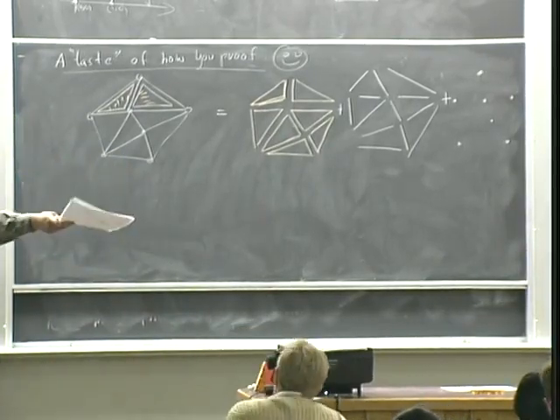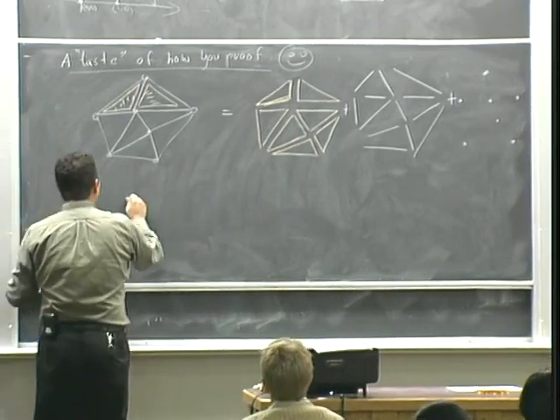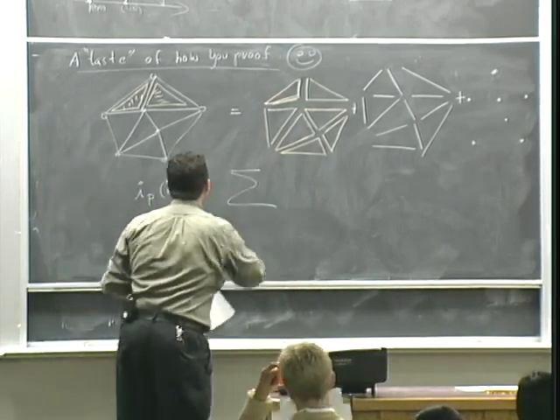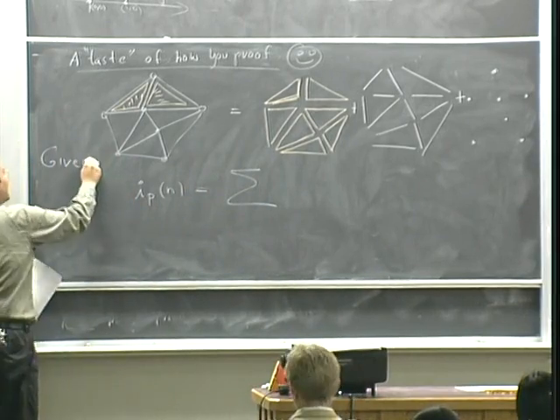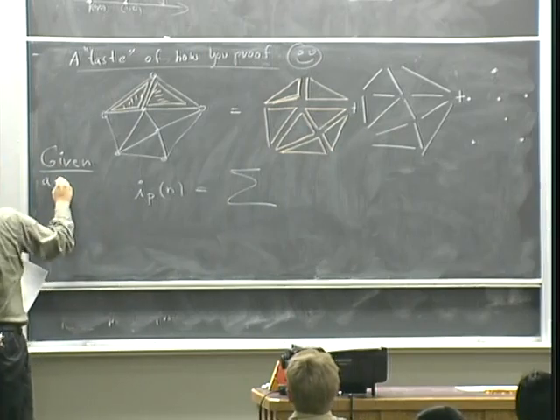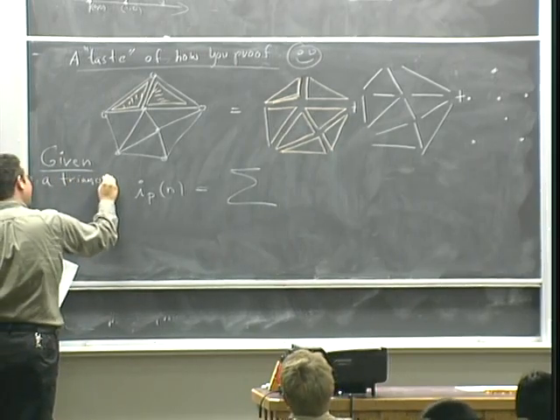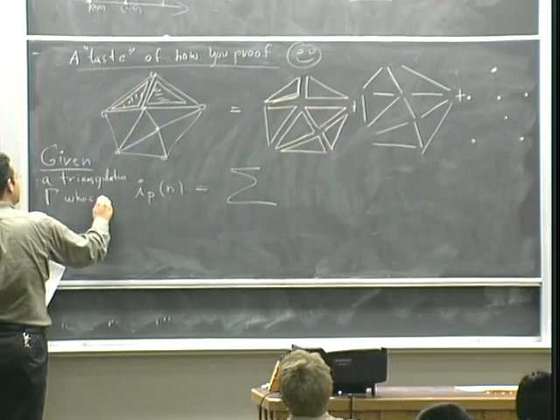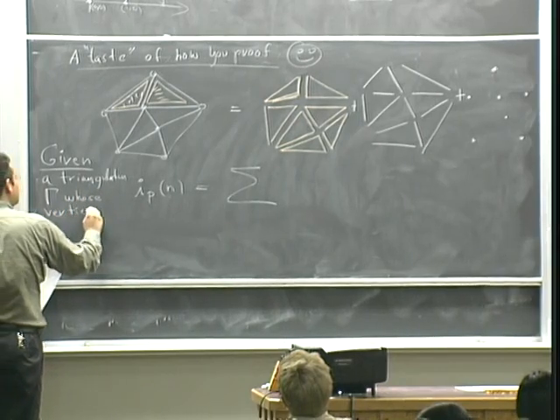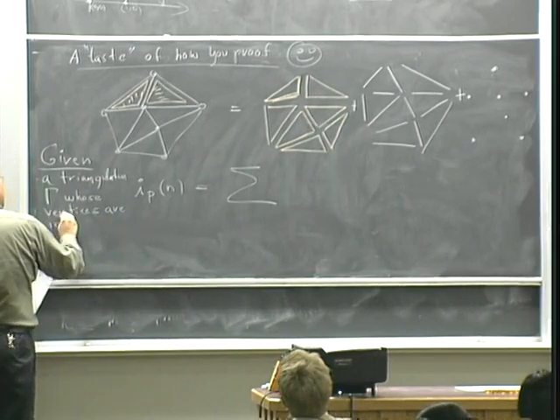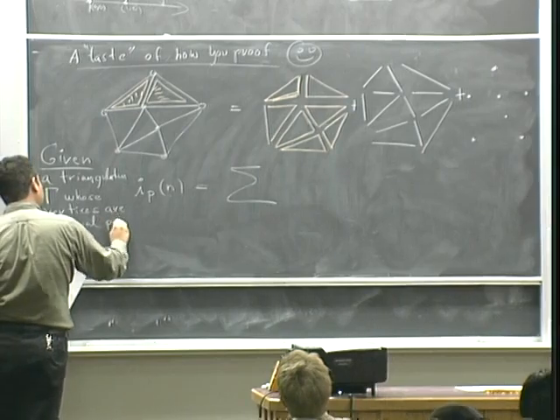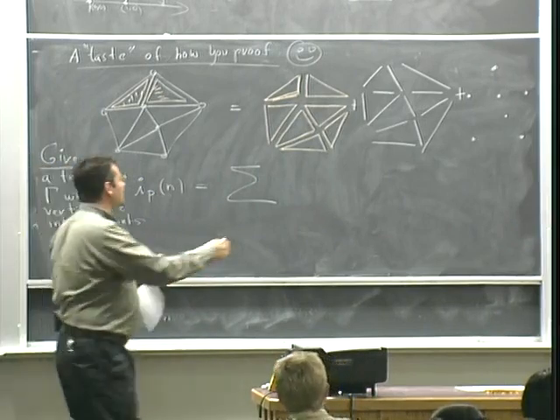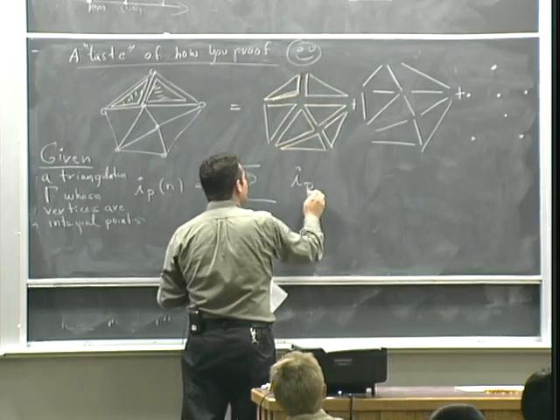When you're dilating this thing, it's still going to be true, right? So the Ehrhart polynomial of P can be written as a sum. Given a triangulation, you see, life begins with a triangulation. Given a triangulation Gamma whose vertices are integer points, the Ehrhart polynomial of this can be written as the sum of the Ehrhart polynomials of the